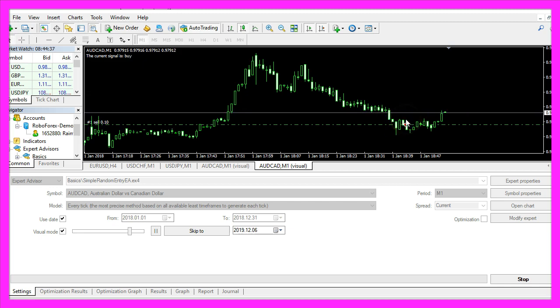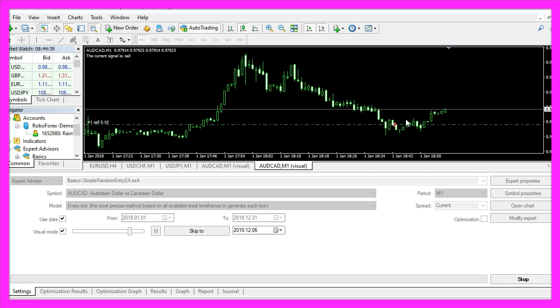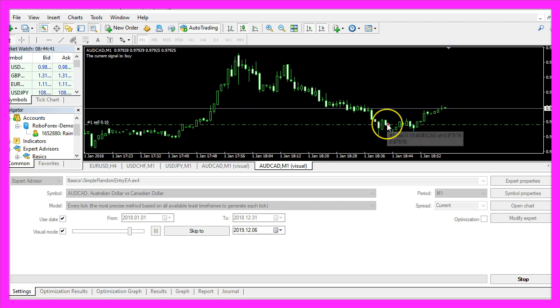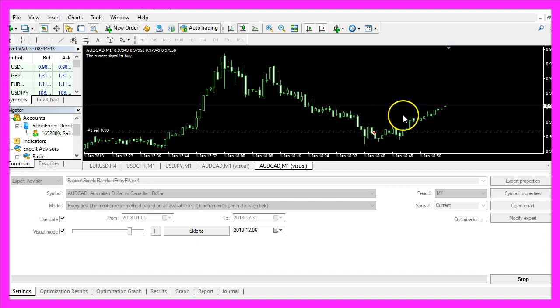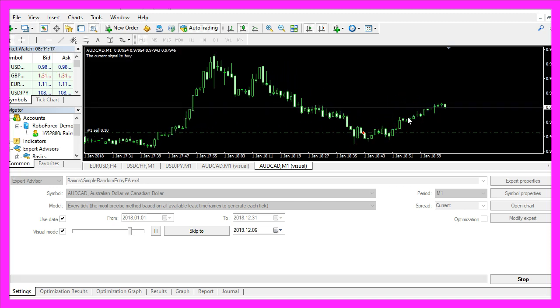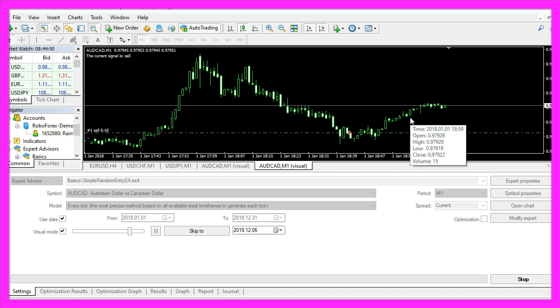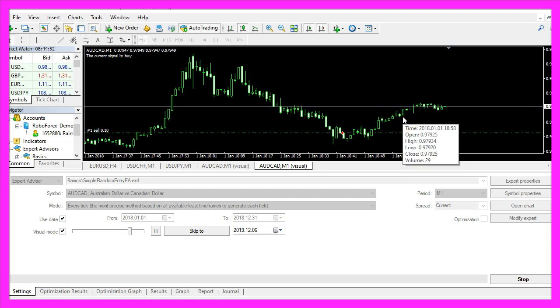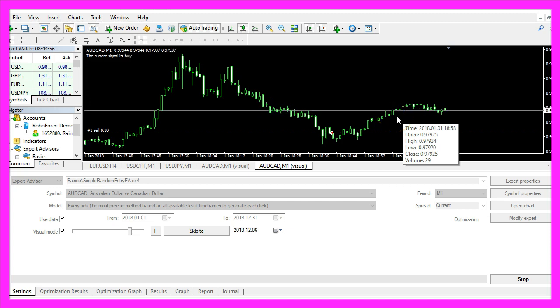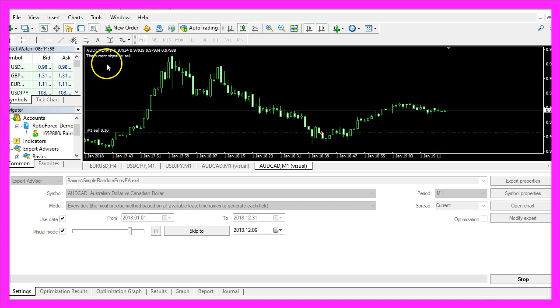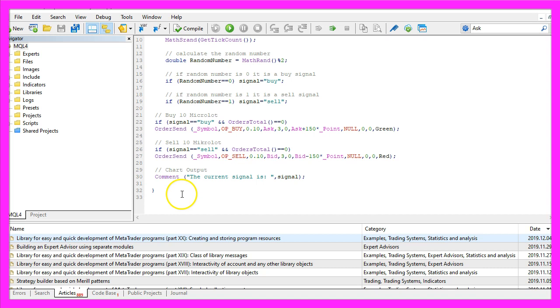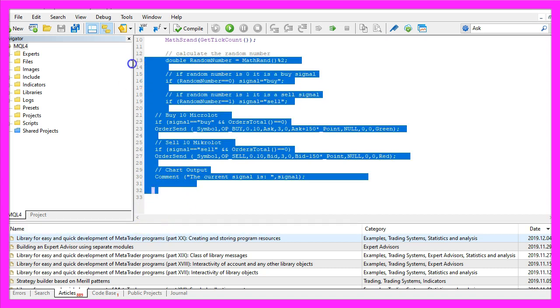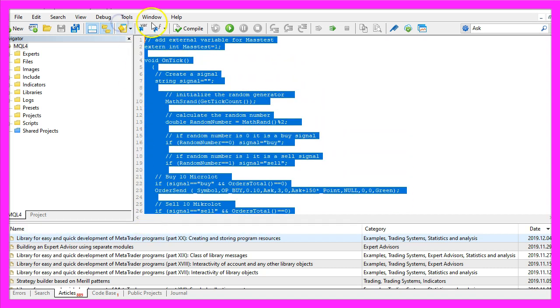And that is the power of automated trading, because other traders only see this here. And this is even slower. But you are able to do a lot of mass tests in a very short time. And in this video you have learned how to do that with a random generated entry. And you can do it yourself with just a few lines of MQL4 code.